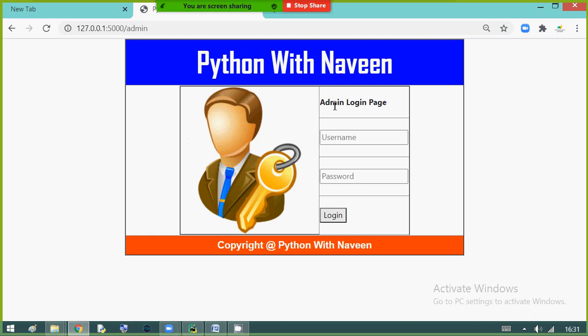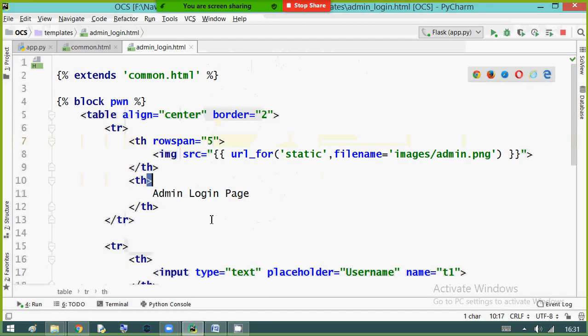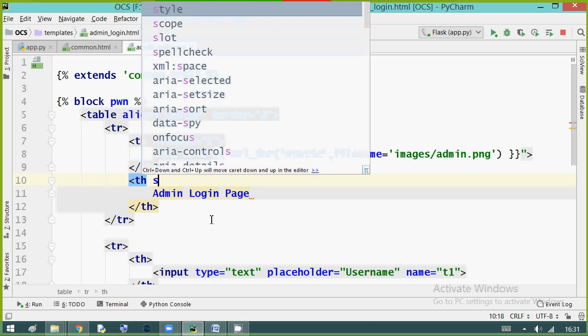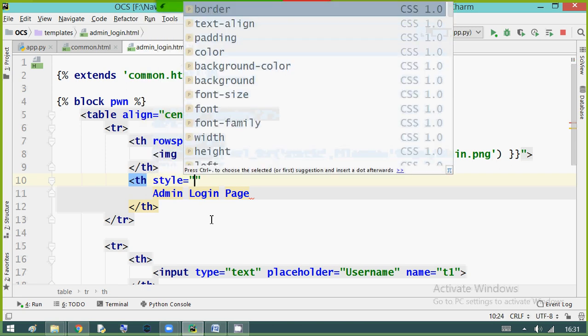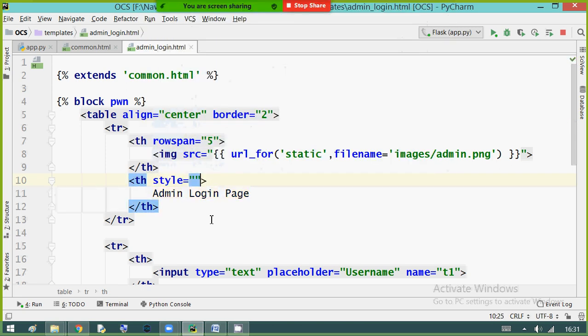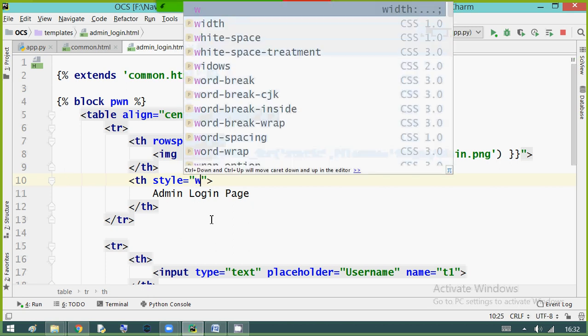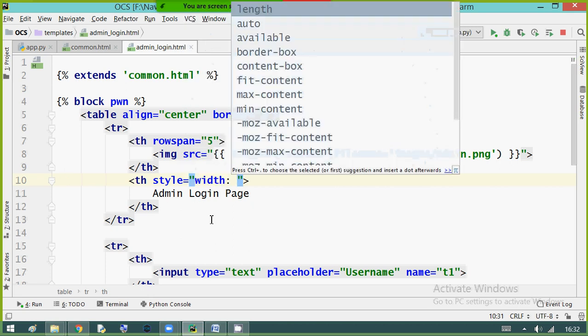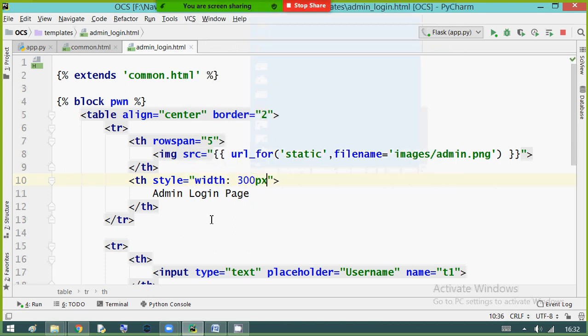Now the second one, admin login. For that I'm providing a width and a style, like HTML CSS code I'm writing inside the HTML. Style width equals, I'm taking some 300 pixel.